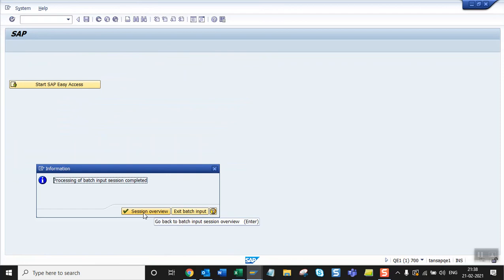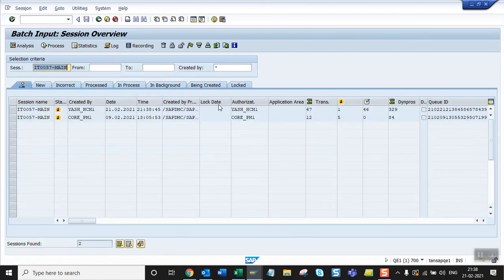Yes, everything is perfectly completed. As I told you earlier, there is a folder selection. If you do not select the checkbox, this folder will not appear. If you check the checkbox, only then will this folder appear. This is the way we are going to upload. So today we have successfully completed it.